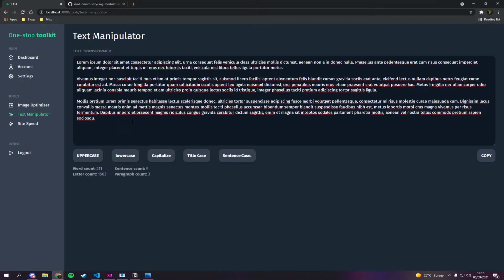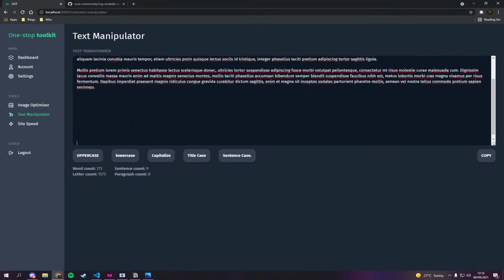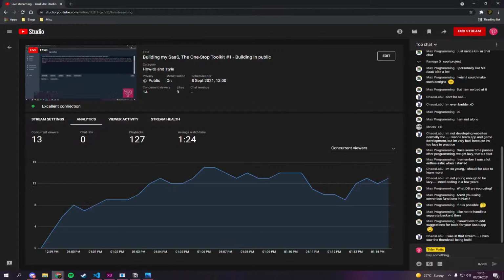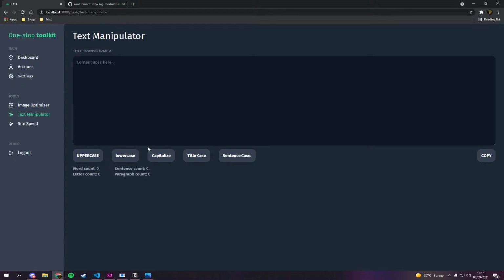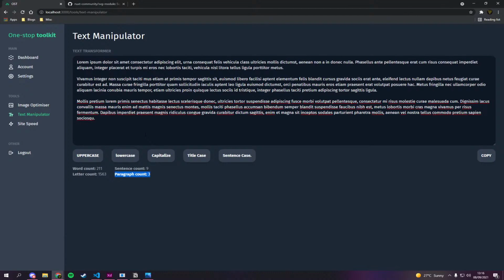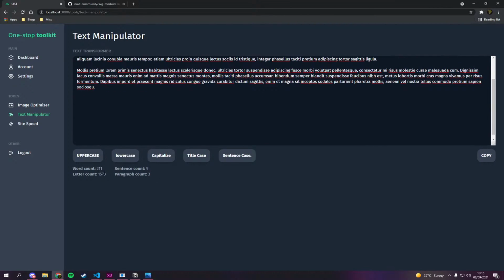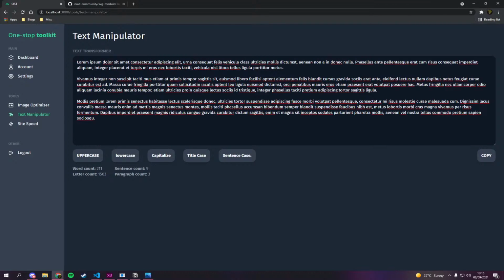That's correct. But if someone was to just keep paragraphing, it's gonna add more paragraphs, which is wrong. So we need to trim the white space before we actually do this. So let's go in here and, before we split, let's just go trim. And there you go. Paste that in. Now, if we keep adding spaces below, you can see paragraphs don't go up. Letter count does, but that's because it counts spaces as well. So that's fine. We actually need it to count the spaces. So bam, there you go. That's kind of how that works.